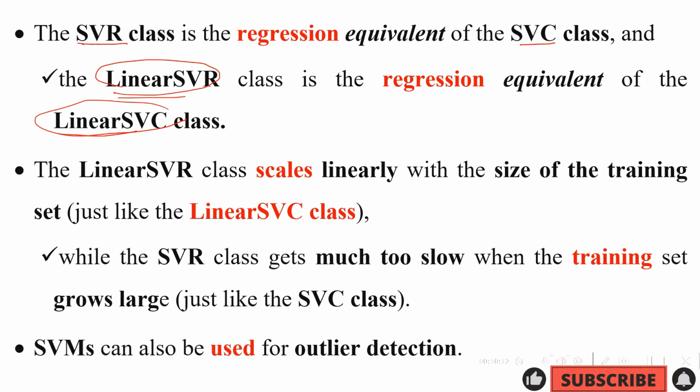So this is about the support vector machine regression. Okay, SVM can also be used for outlier detection. So this is about the support vector